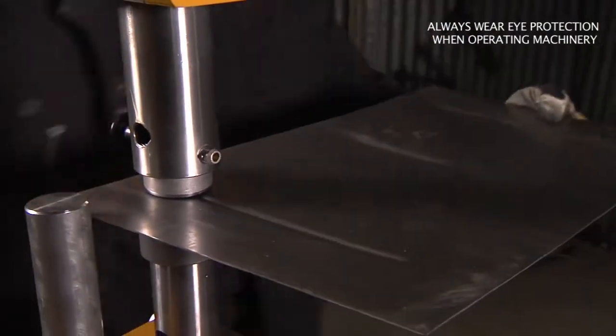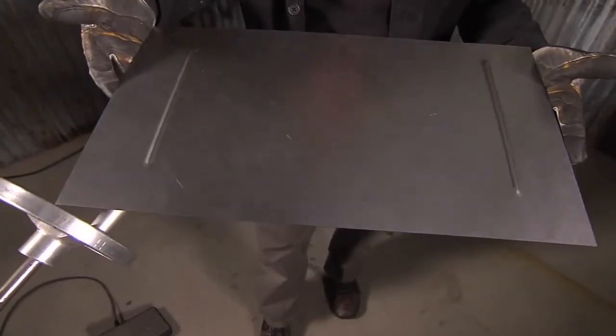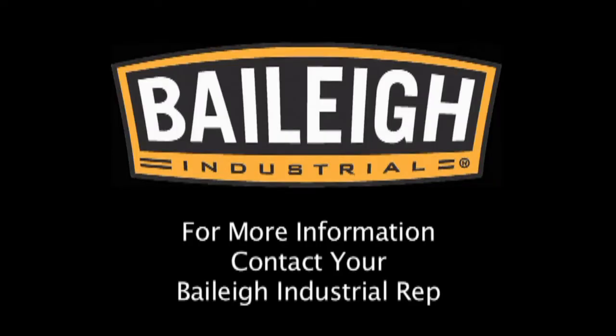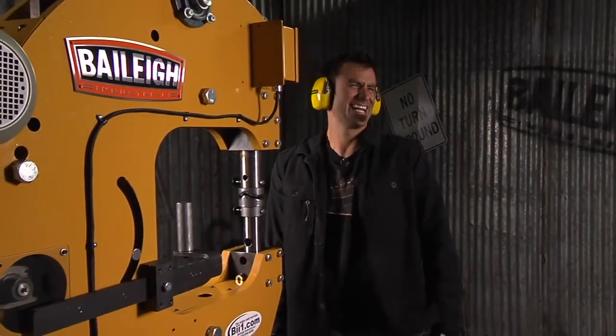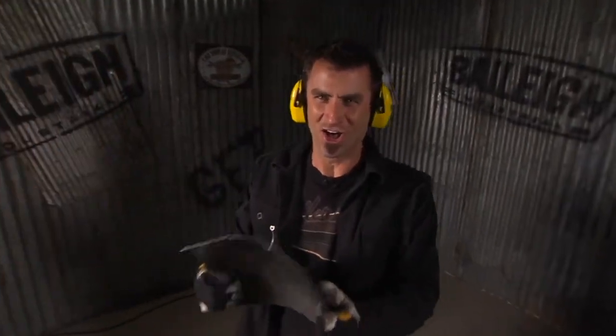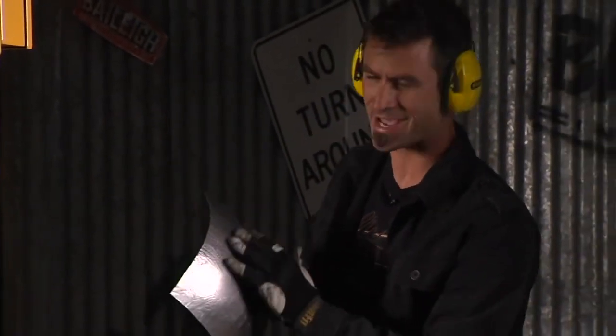There you go. Turn this around a little bit so you can get your stroke out of the way. Wham! Another tool I need. That's a shock, isn't it? This is definitely one of those tools where you're like, if you have this tool, I hate you. That's a really great tool. Now I'm just doing half, just to show you how fast